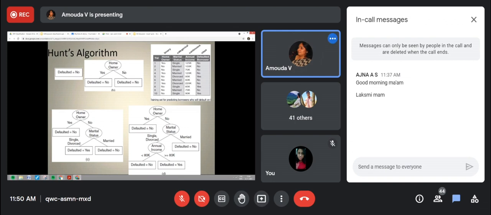Okay. Is it only the homeowner given here? No. Marital status is also given, annual income is also given. So according to that, the tree grows after taking these two attributes. Once it is yes, we are not in the position to check anything; we need not check anything. But when it says no here, we have to go to the other conditions also.